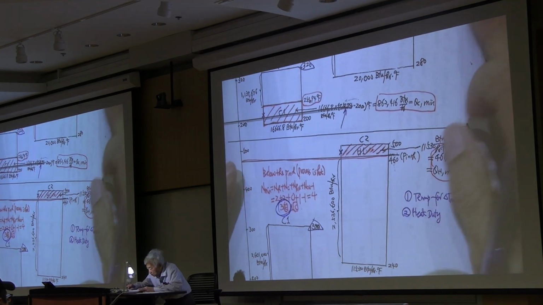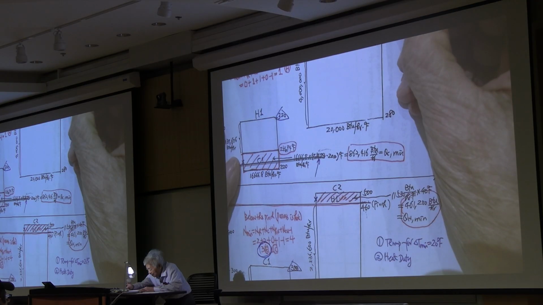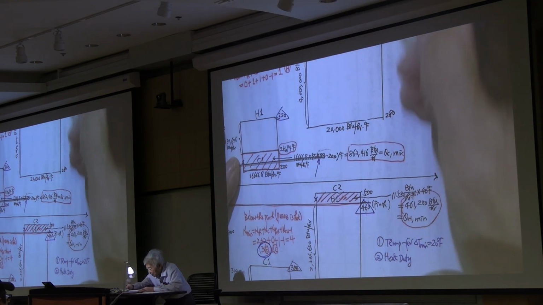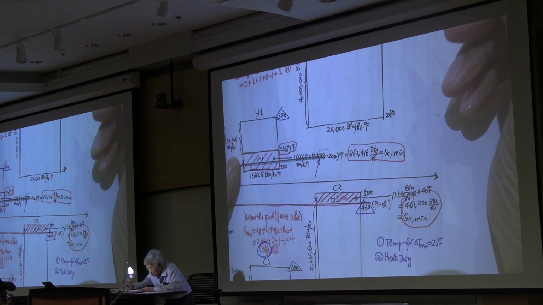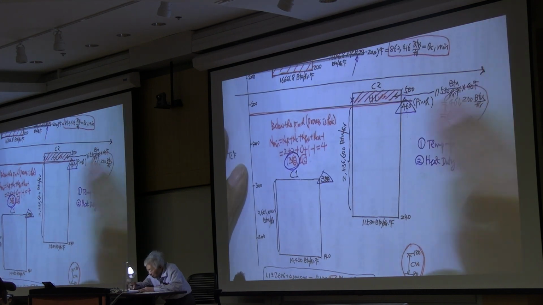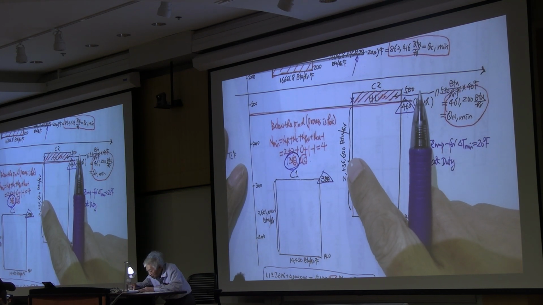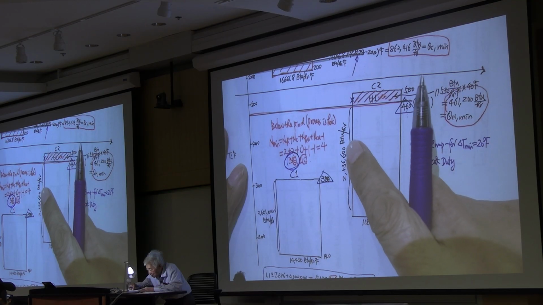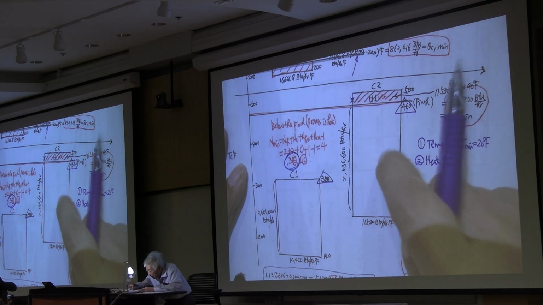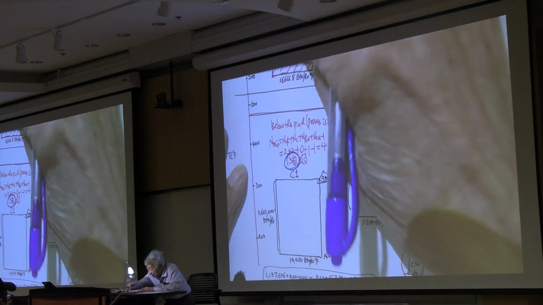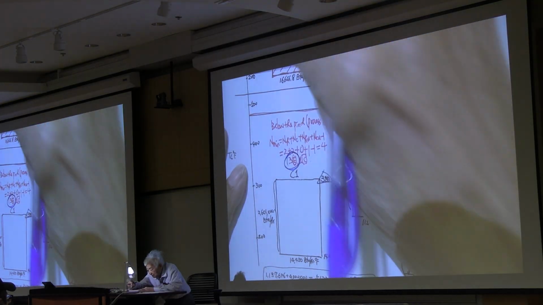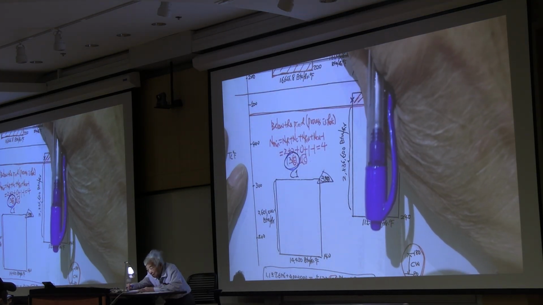How about this one? 480, 460, that's good. Now, 2536600, this area, you cannot match those 2 either. 220